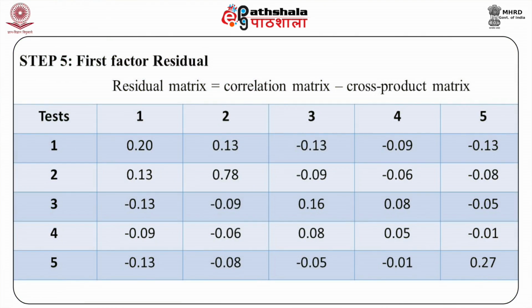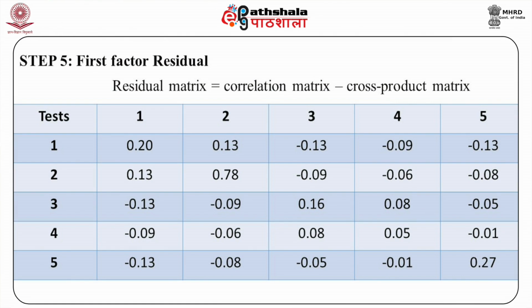The first factor residual is step 5. To find the first factor residual, subtract the first factor cross product matrix Lij from the original correlation matrix Rij. The residual matrix is equal to the correlation matrix minus the cross product matrix, and therefore for test 1, 2, 3,